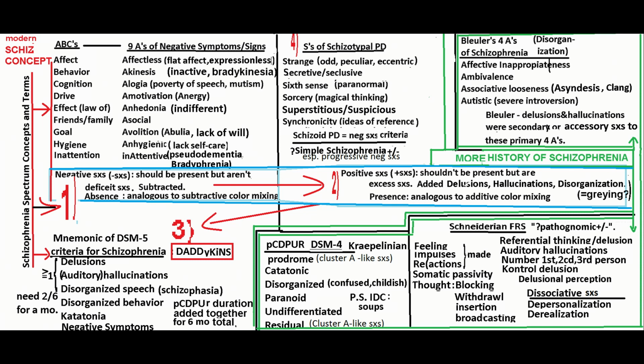Up here, this essence of schizotypal personality disorder, I made up this mnemonic that fairly well summarizes it. Schizoid personality disorder is mainly made up of these negative symptoms here, and simple schizophrenia, which had varied status, is basically a sort of rapid onset. The schizoid personality disorder is supposed to be a long-term thing because it's a personality disorder. Simple schizophrenia is basically progressive negative symptoms, and this was more or less what Kraepelin was talking about, the dementia